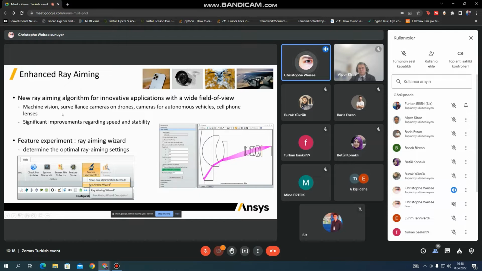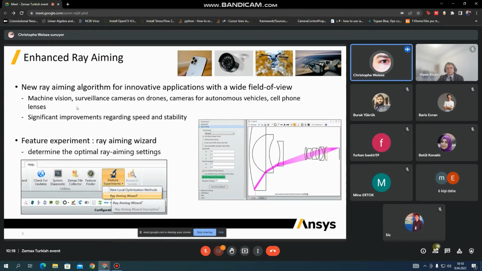It applies to a lot of different applications like machine vision, surveillance cameras, drones, autonomous vehicles, cell phone lenses, you name it. As you can see, you have an additional option here, and it's working quite well, but it adds another option to a list of